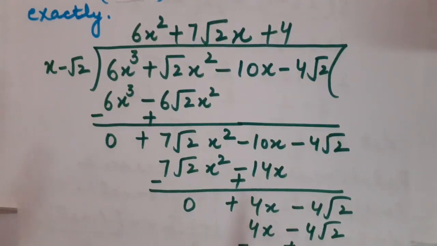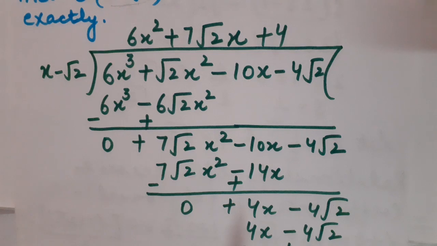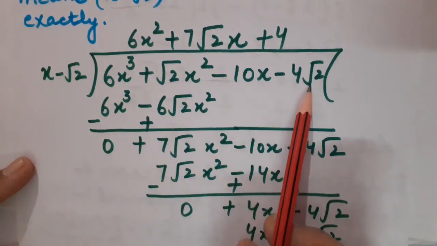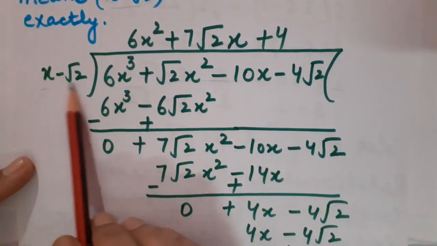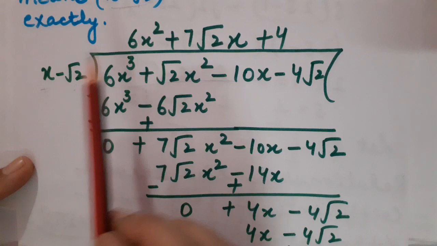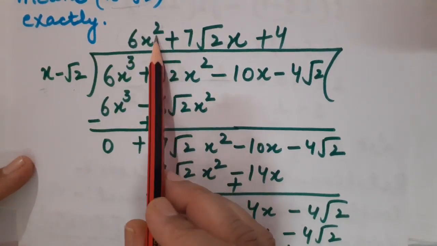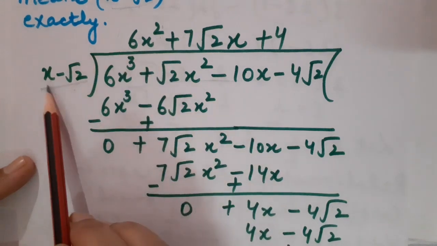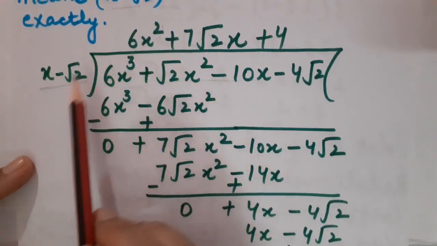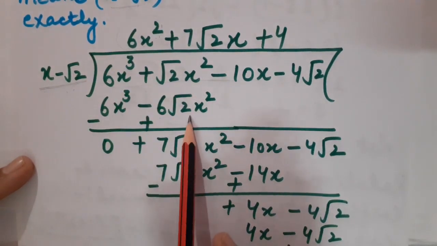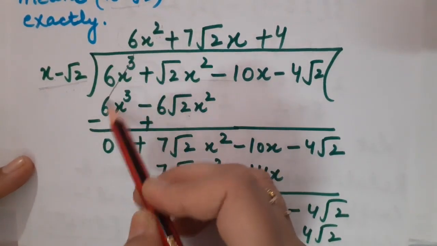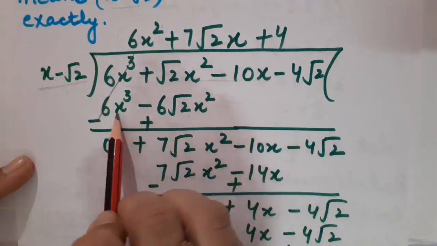So please be alert, because there is an under root present in this. That's why I have taken this question. It can be a little bit difficult for you. So this is the complete cubic polynomial which I have written. I am going to divide it by x minus root 2. The very first term, by what I am going to multiply this gx, that is 6x square. So I have got 6x cube. Here 6 into root 2 will give you 6 root 2 with minus sign x square. While changing the sign, these two terms are going to be cancelled.